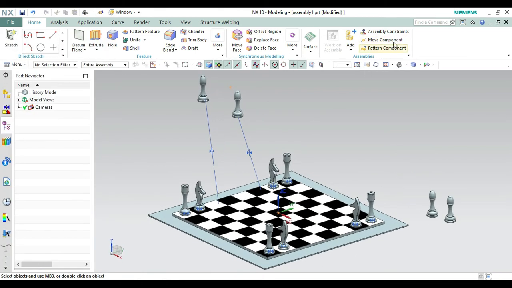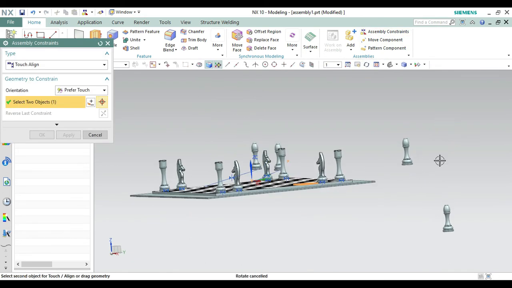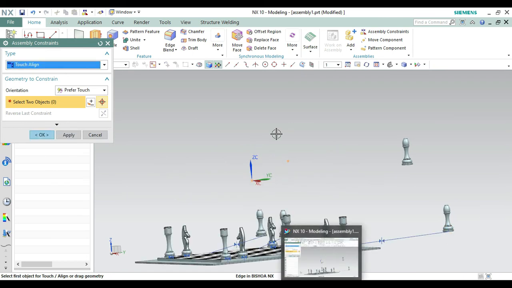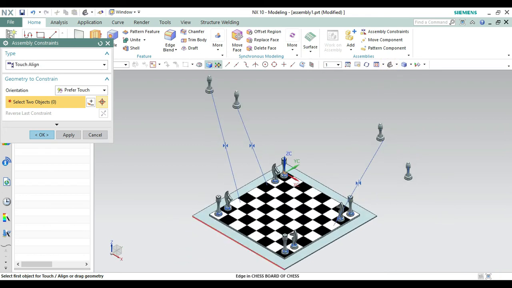Okay, again going on to the assembly constraint, select this one, rotate this and like this one. Again selecting a little thing, the face is this one, and it can work with the edge downwards. Okay, it shall work.